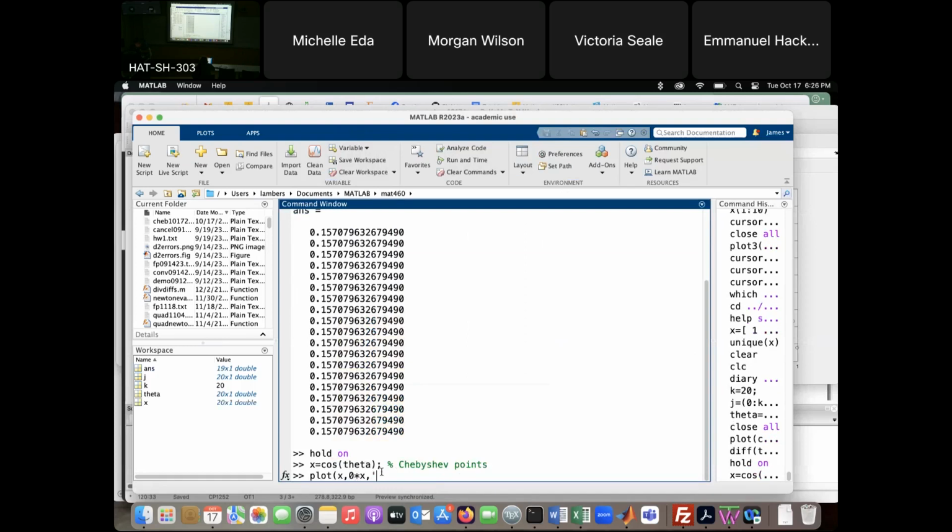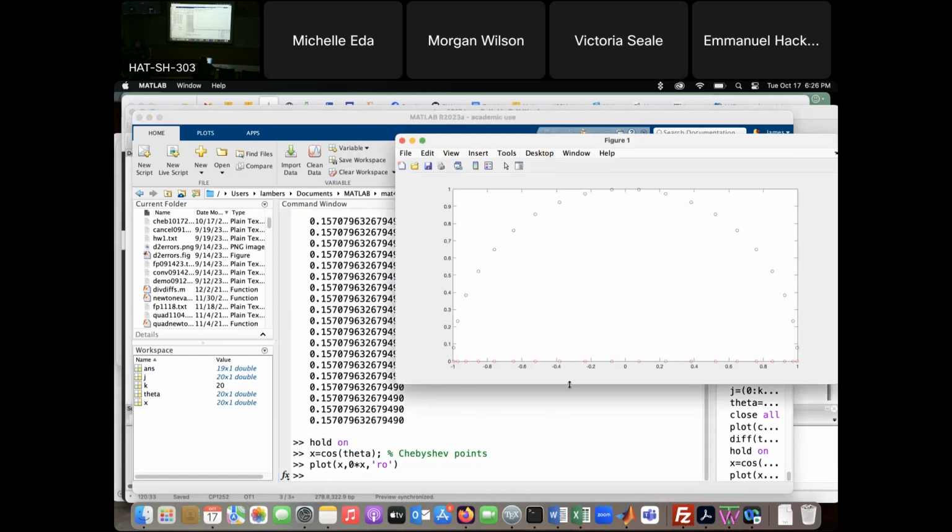And I'll plot them using red circles, so 'ro'. So now we have the x values from these points in the unit circle projected onto the